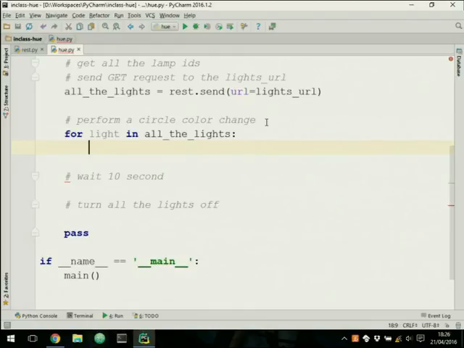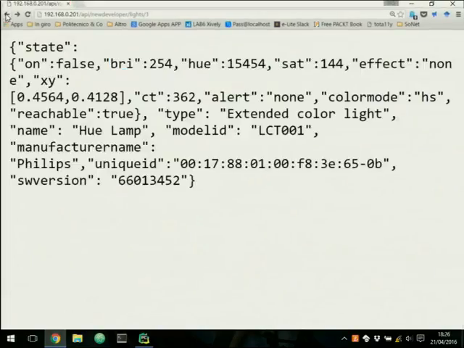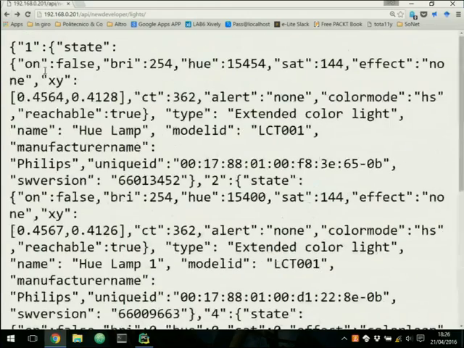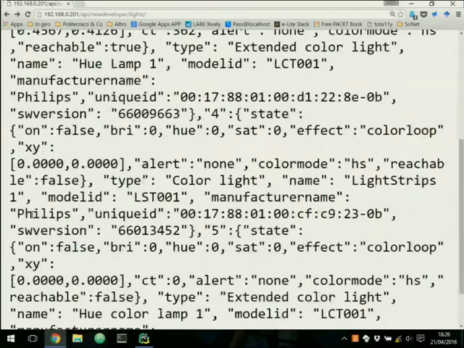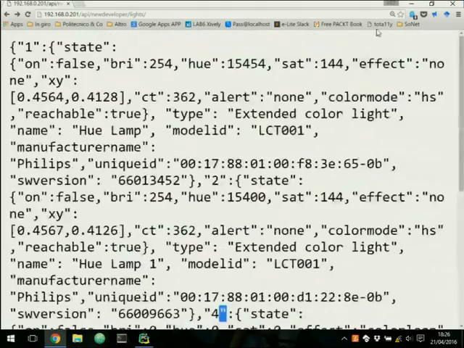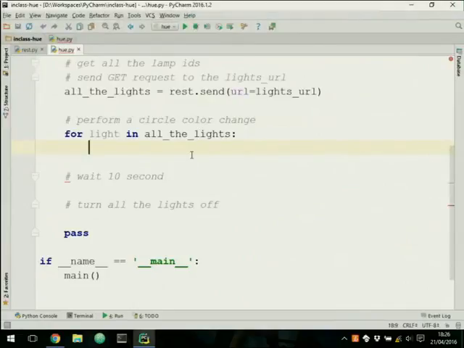For each light, this one, and so on. For each object in this array, in this dictionary,